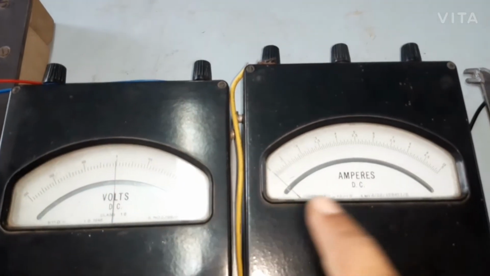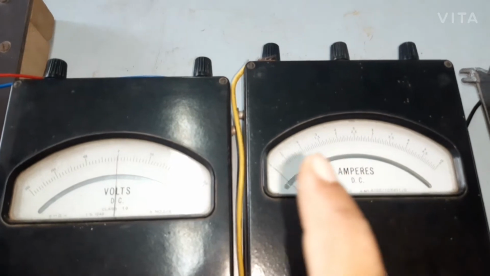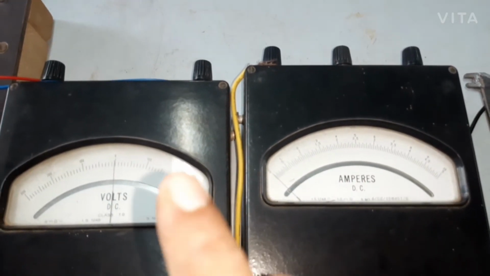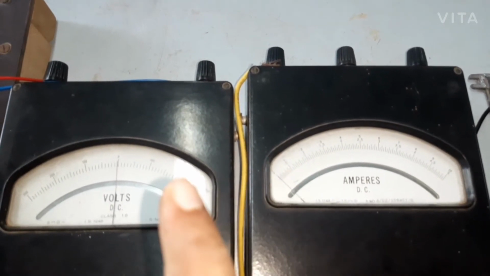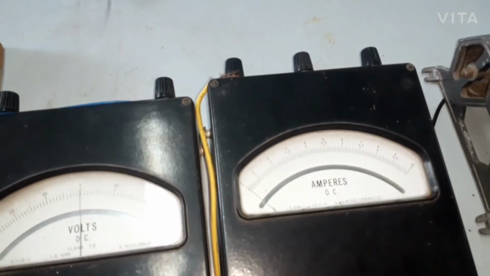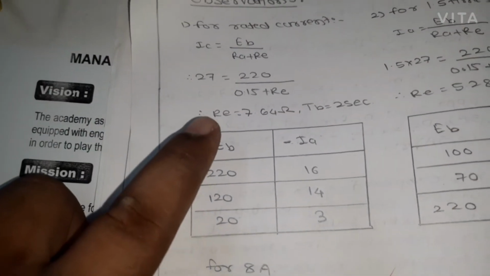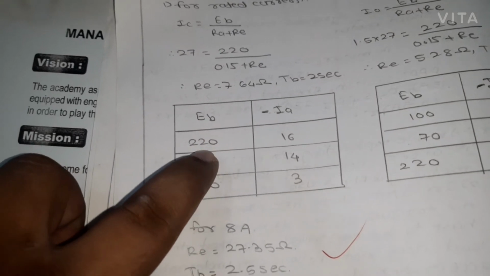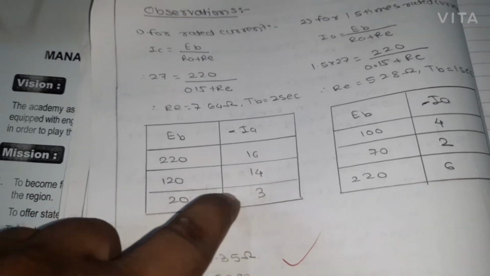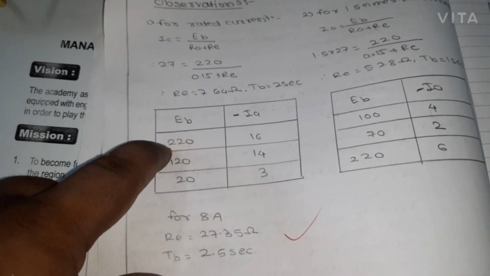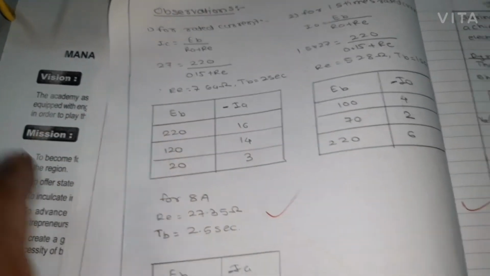So I am recording them in a single screen, so I can easily pause the video afterwards at different timings, and I can get what was the current, what was the voltage, and I can fill up the observation table and draw the characteristic. So in observation, what we need is the braking resistor value we have used, then the variation in the back EMF and the current. You can pause the video multiple times. So here it is paused 3 times, and we just get a few points on the characteristic.